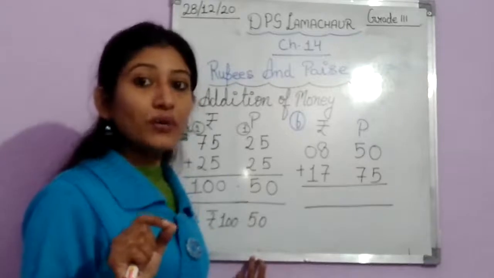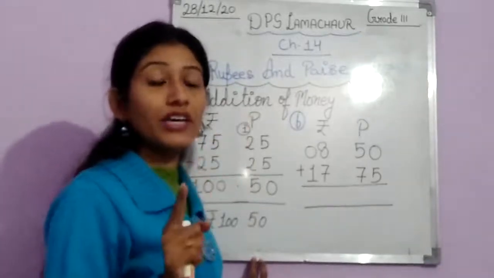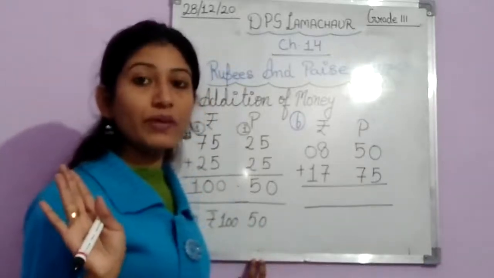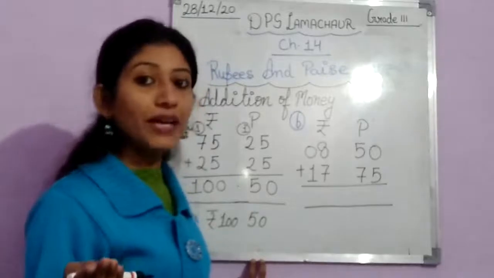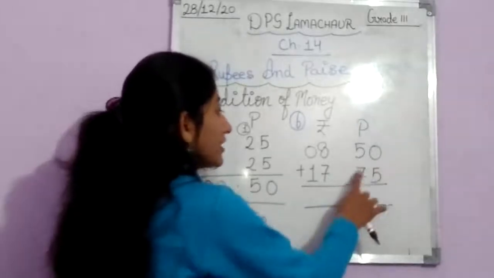In subtraction, if there is a 0 on top, what do we have to do? We have to take carry. But in addition there is no rule like this. You all know that in addition, with 0 we can simply write the number given as it is, right? So this is 50 and this is 75.